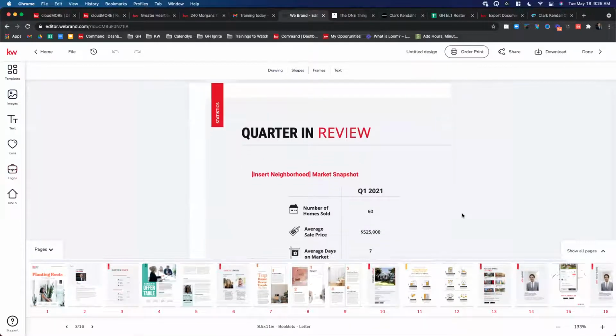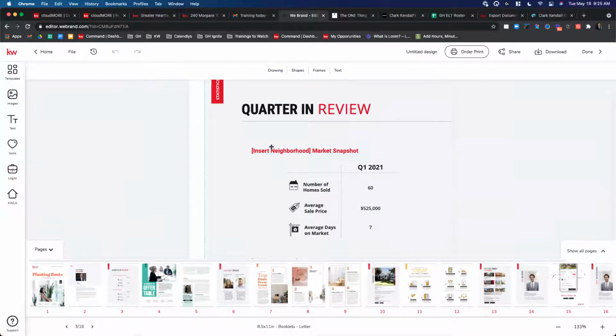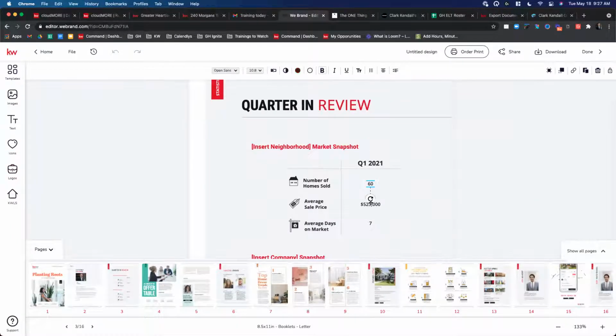So if you want to put a neighborhood or zip code or city, you can change this here. It doesn't have to be just a neighborhood. And you can also change every single one of these stats. So whether you pull it from your own MLS, I don't know if y'all have InfoSparks. I think some of y'all might have InfoSparks within the MLS tools. I don't think I've taught them how to do that.